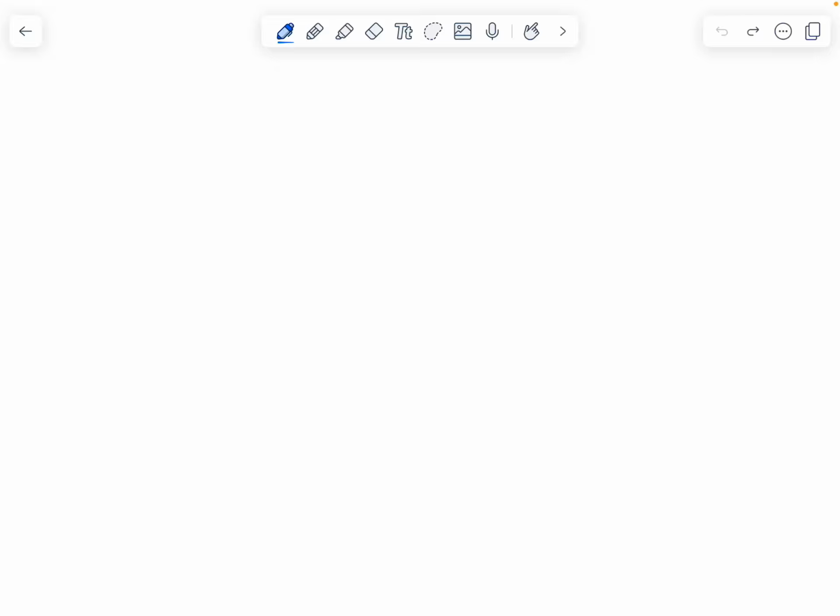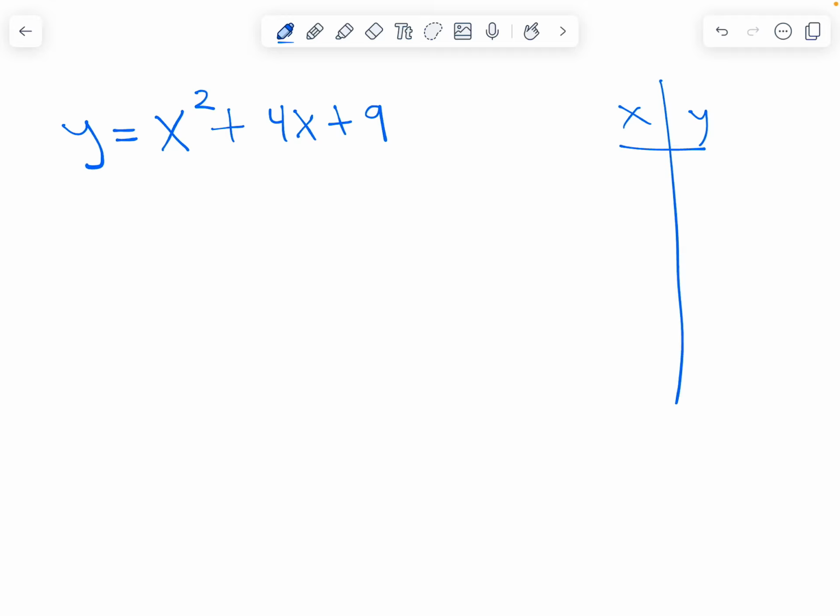Let's look at this. Let's say you've got some equation like x squared plus 4x plus 9. And let's say we're trying to graph this. Well, when we're trying to graph this equation, let's think of our little x and y table. Now, if x is equal to 0, what is going to happen when I plug in zeros in place of